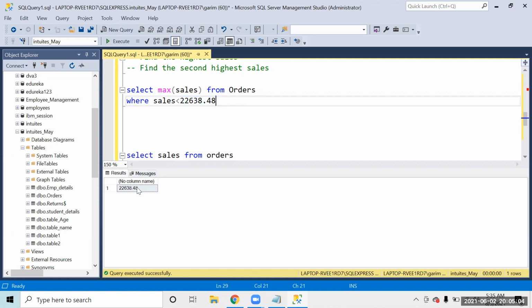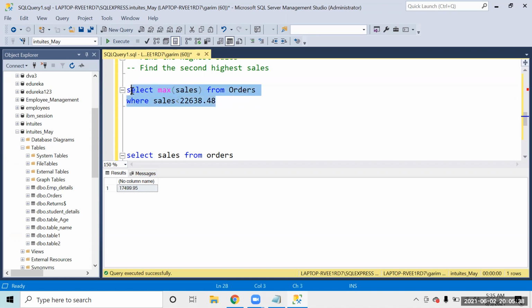Because tomorrow, if my data updates, first of all, I will have to find the maximum order, and then I will find the second highest sale. If suppose tomorrow my data gets updated, I get some new orders, some new sales data, so I want to again find the second highest sales. So I cannot use the same query again, because suppose there was some purchase that happened of more than 22,000. So I will have to first find the maximum sale value and update that value over here. Then only that query will work.